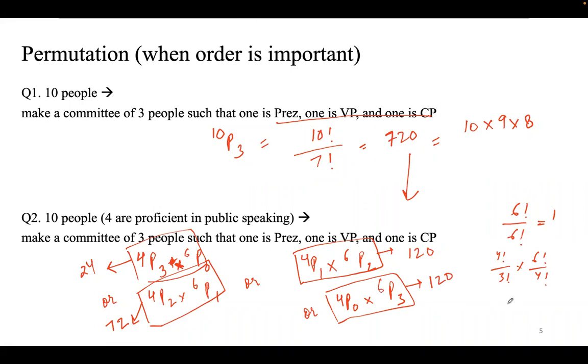So did we do something wrong? The first is not 24. It should be 4 only. Last one should be 480. If I'm wrong, 1 second. So 4 factorial by (4 minus 3) factorial. So that's 1 factorial. That's 4 into 3 into 2. No, it should be 24. That's fine. I think these calculations are fine. But still we are not getting 720. So what can any of you tell me? There's one small bit we are missing here.